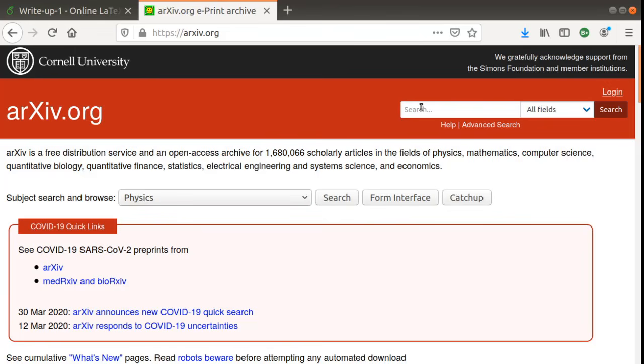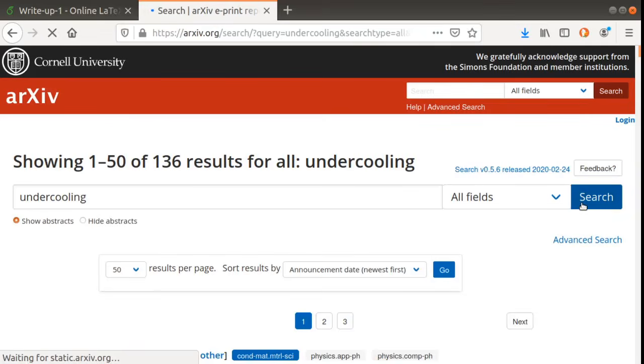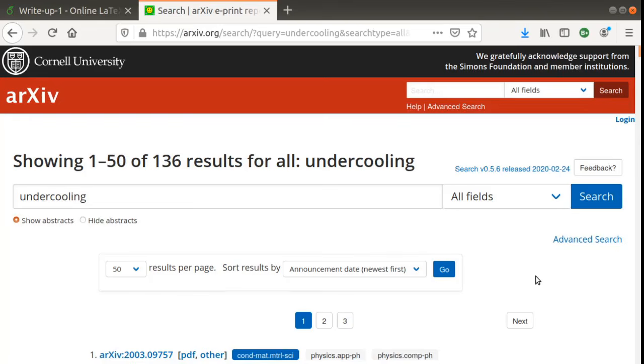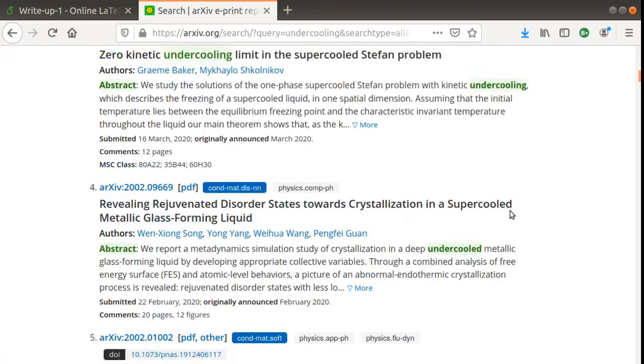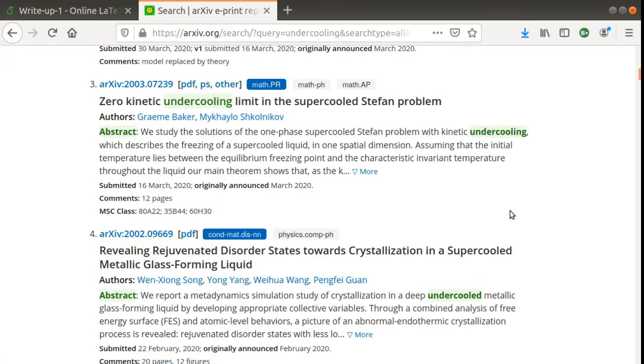So you can actually start searching for a keyword. We will perform the same survey here also on undercooling, and let us look at the articles that come out. You can see that it lists various articles, and we can pick up some article, let us say this one here, and click on the link which says arXiv: and then the ID, and you can see the article,